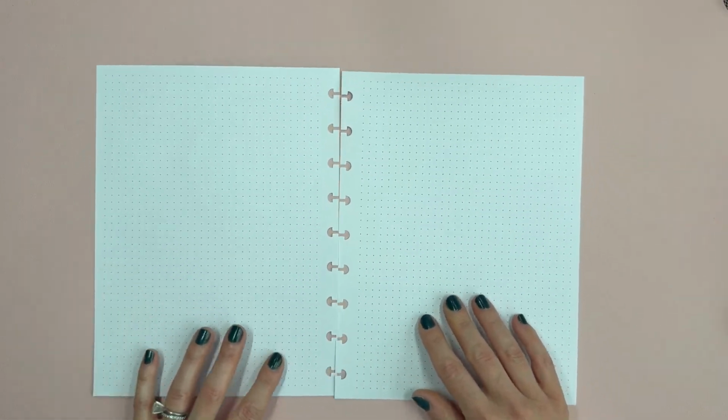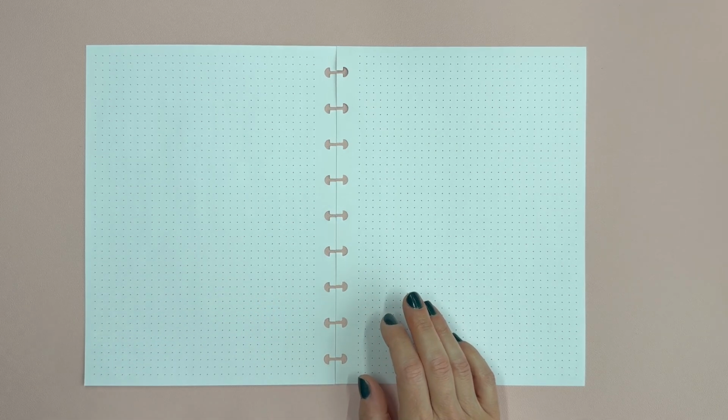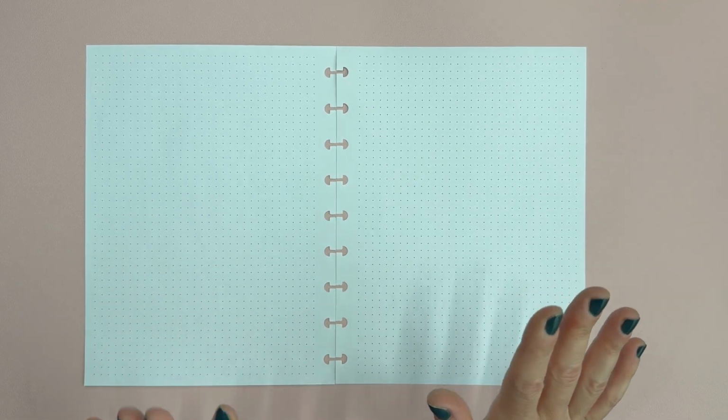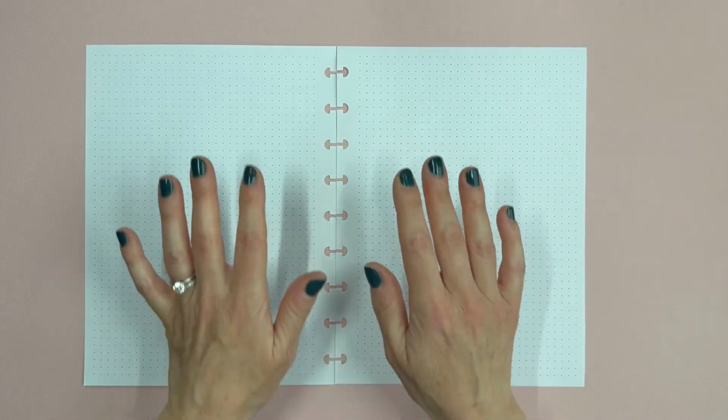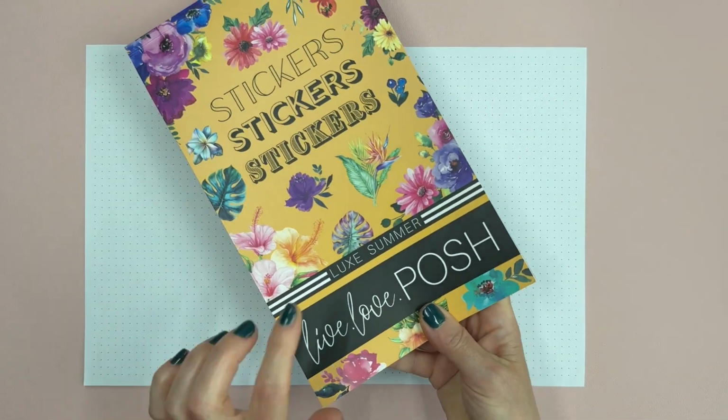So we're going to grab another piece of dot grid paper. Our next set of pages are going to be for general notes for the conference and for swag. So I'm going to title them both, but to decorate it, I thought that I would use Luxe Summer from